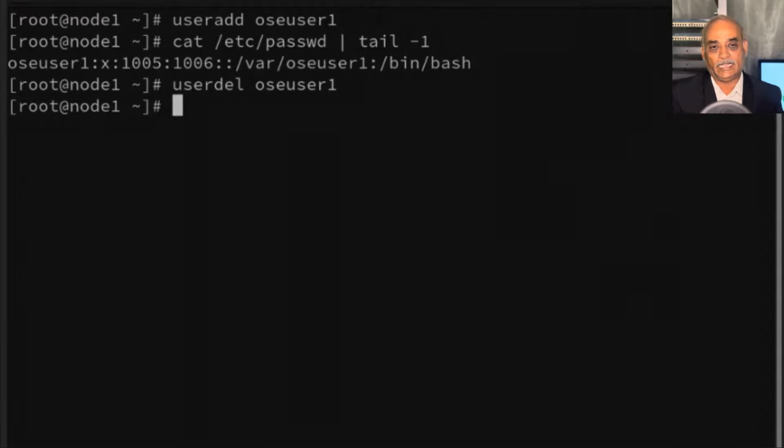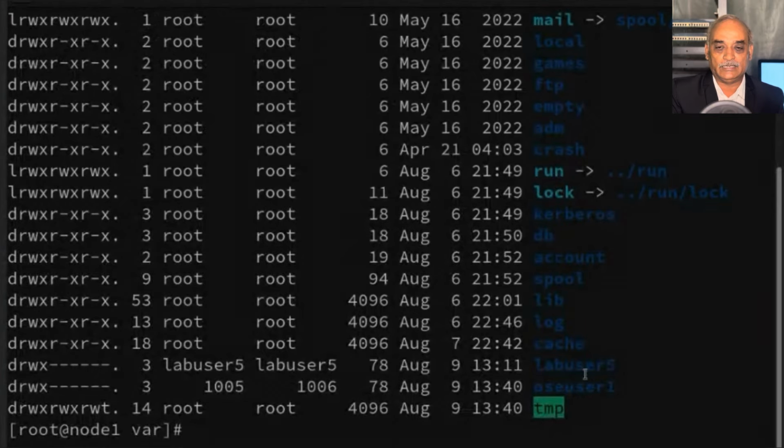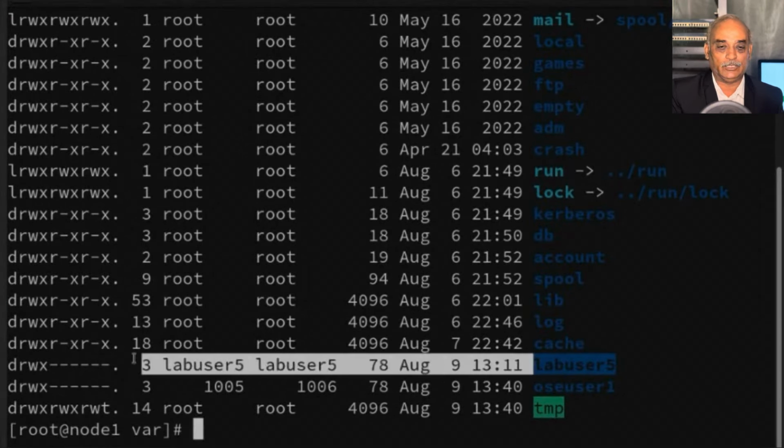See here, I have deleted the user. However, when I go to var, you can see the user's home directory is still available. See here, the user's home directory is still available. The reason behind that is, when the user is created, all the user's files will be available in the